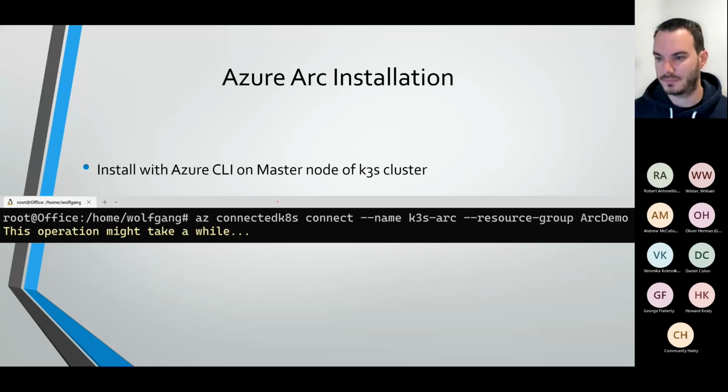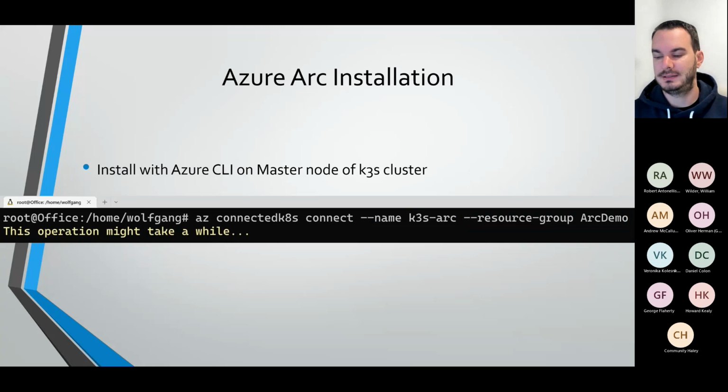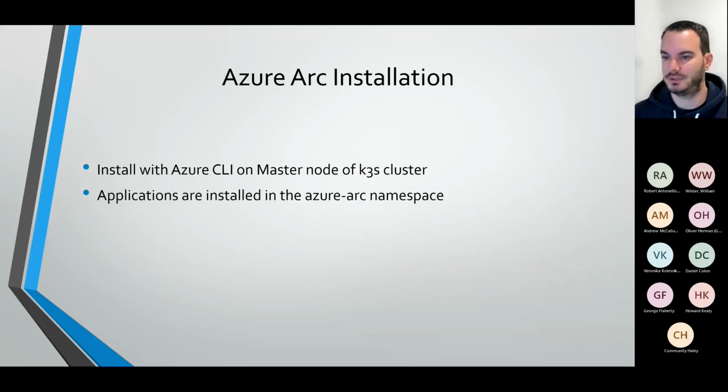All you need is the Azure CLI command. Then you provide the name of your Azure Arc instance and in what resource group it should be installed in your Azure subscription. Then, depending on the internet connection, it takes 5 to 10 minutes. And after this, you can check with the CLI that it's installed, or you can also check in the Azure portal. And what this command does is it uses Helm charts to